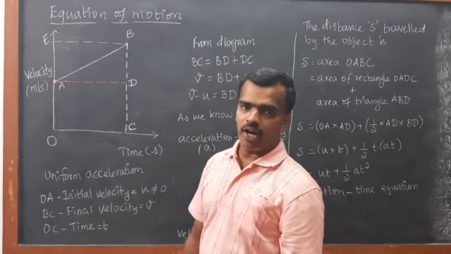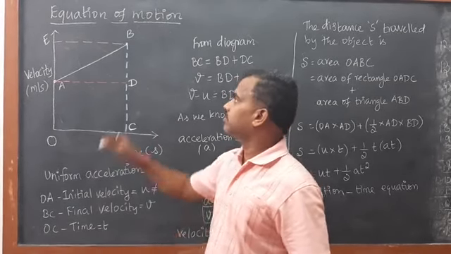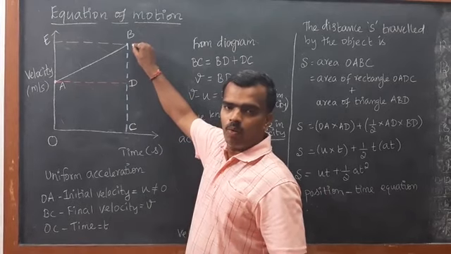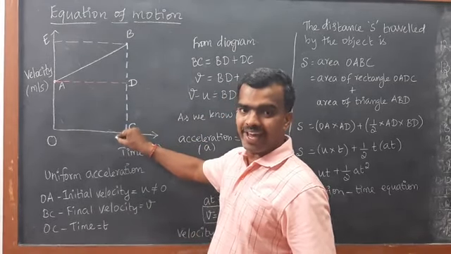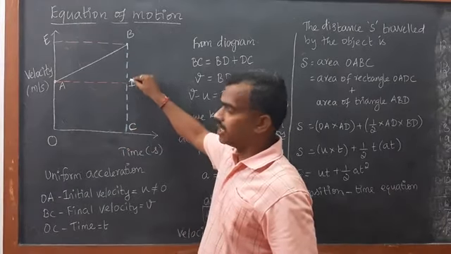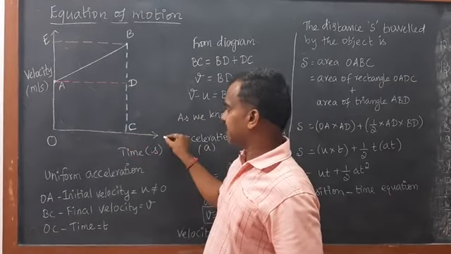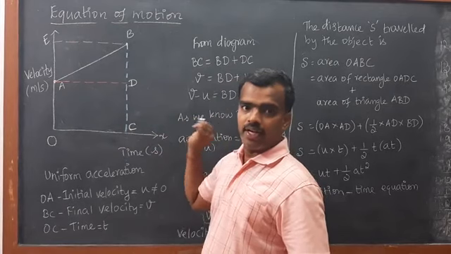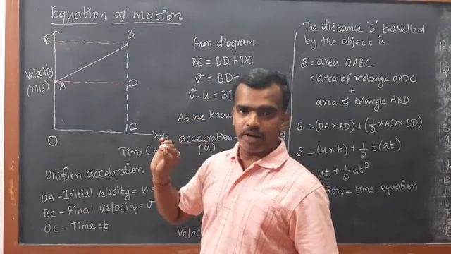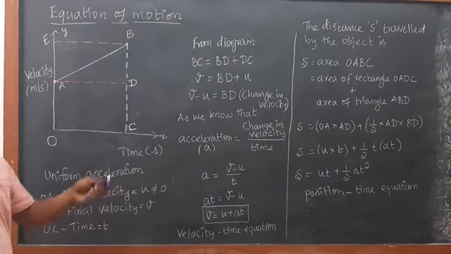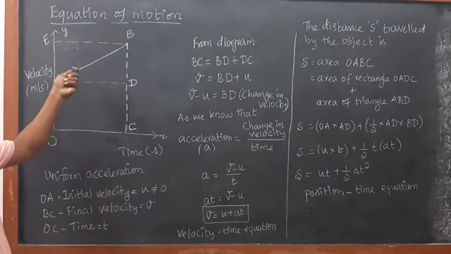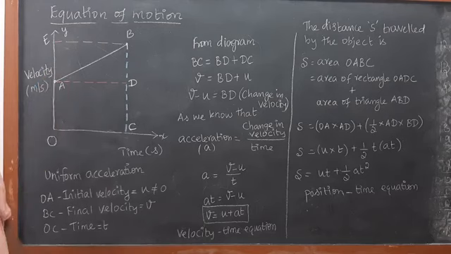And I am going to draw two perpendicular lines from this point B. One perpendicular line I am going to draw to the x-axis. This line is perpendicular to the x-axis. Okay. And the second perpendicular line I am going to draw to the y-axis. For this y-axis I have drawn one perpendicular line which meets at a point E. So what is indicated now?